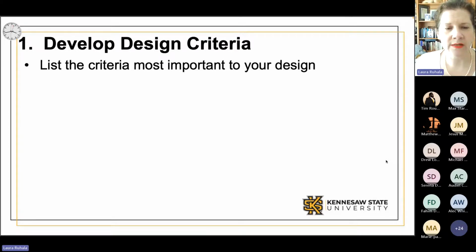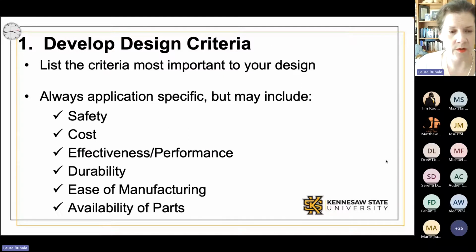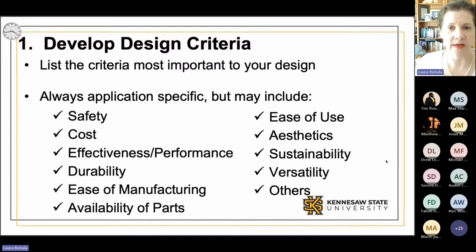All right, so you list the criteria that are most important to your design. Now, this is always going to be application specific, but these criteria will often include safety, cost, effectiveness, performance, durability, ease of manufacturing, availability of parts, ease of use, aesthetics, sustainability, versatility, and there might be others. I know in the Rube Goldberg machine, you're probably thinking of something in addition to these, like really basic ones. You don't have to use all of these, by the way, just whichever ones you think are most